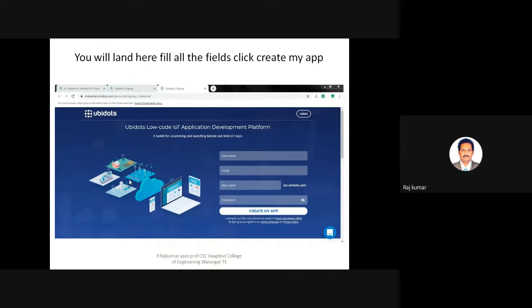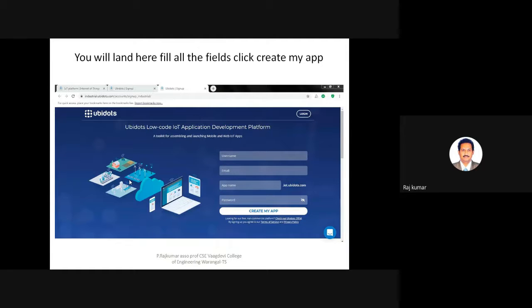So next thing is when you go for registration, immediately it will ask you to enter these details. Username, any name you can give. For example, Vagdevi. Next one is provide your email ID. Next, some app name, anything like xyz dot iotubidots.com, and some password.